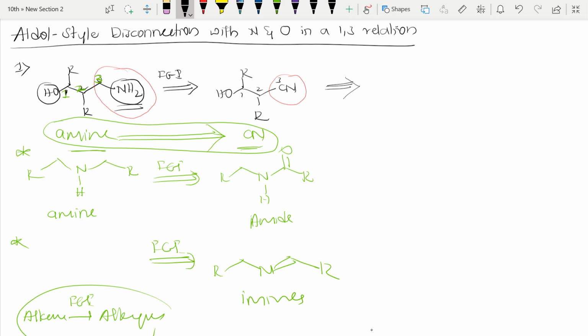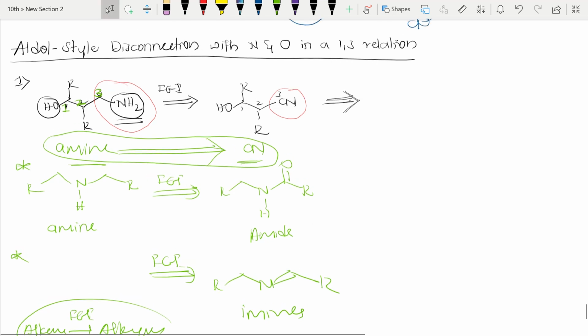Next, see here, with the black pen I am writing. This arrow represents retro only. So you need to get the black pen and this arrow. Further, see here what happens, 1, 2, 3 is there. Here I can break like this. Where should I break? I can break here. Why will I break only here? You may ask, sir, you can break here also. But I won't break there. I will break only at the arrow I have shown, between 1 and 2, between carbon 1 and carbon 2. Why I have broken only there, you will get to know when I write the reaction.